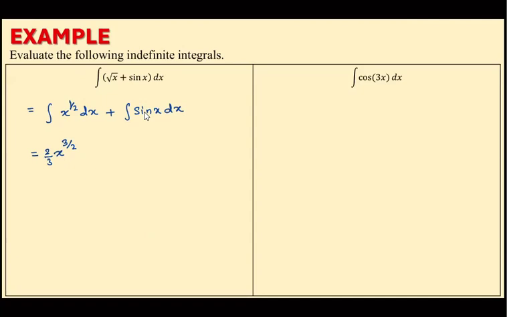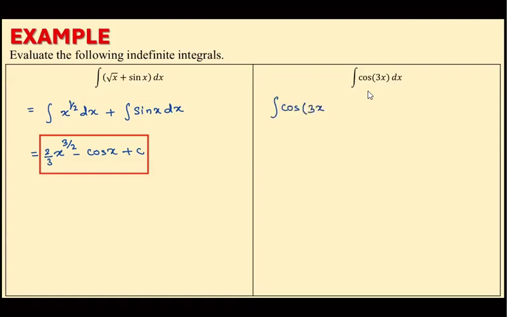And then integration of sine x, if you remember the formula, is negative cosine x. Okay, it is negative cosine x. And at the end, plus c. So that is the answer for this one. Okay, great. Let's move on to this one. Here we have to integrate